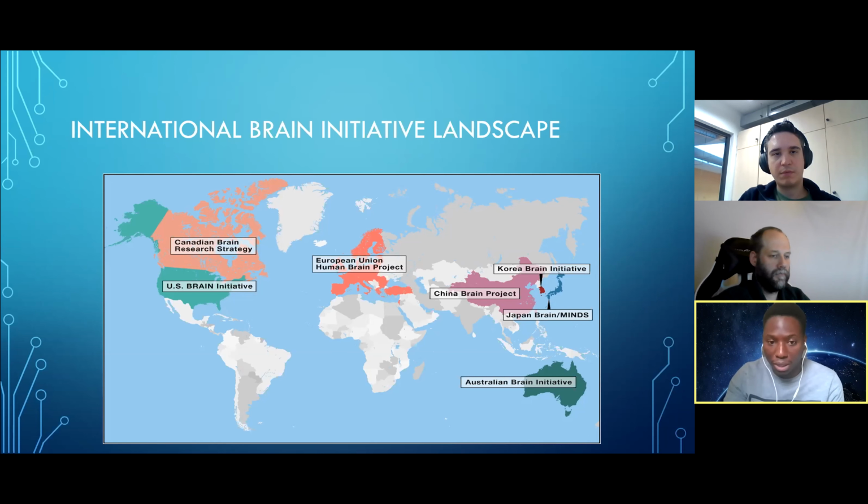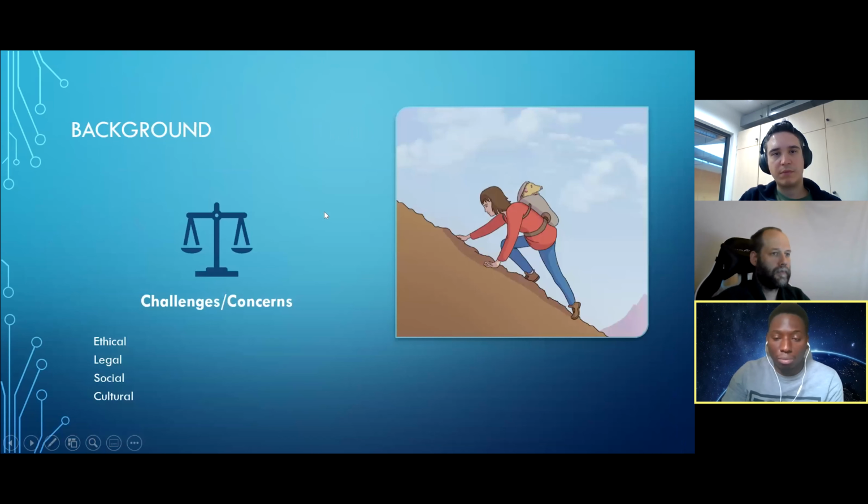Now you can see that Africa and Latin America have not joined, but they have made attempts to join, through the Brain Research Africa Initiative and the Lat Brain Initiative. So you can see that there's a global unification under the IBI to advance neuroscience. However, there are still challenges and concerns, even though the IBI has been formed.